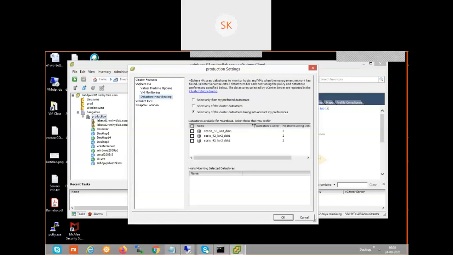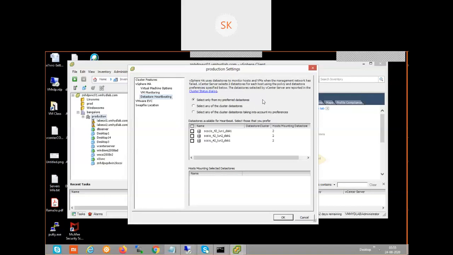I can choose the option: select only from my preferred datastores, select any of the cluster datastores, or select any of the cluster datastores taking into account my preferences. If I choose the first option, select only from my preferred datastores, I can choose one datastore to work as the datastore heartbeat, as per my requirement.